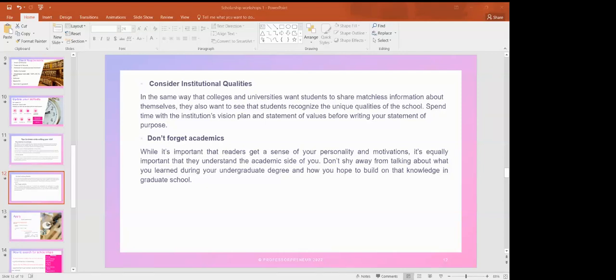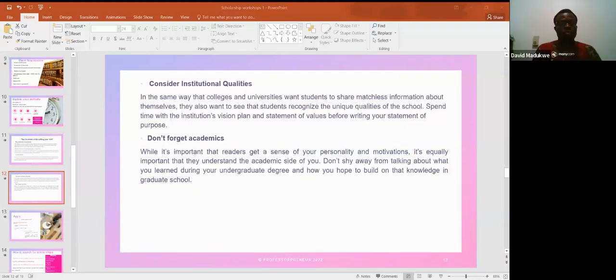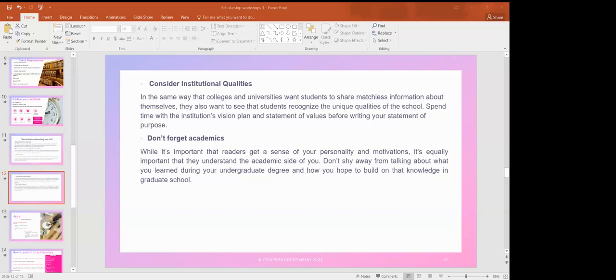It's also a lot of work for me, because I will need to check what they are doing, check the papers they've written, and try to align my own SOP to what they are doing so that it can fit in. Then I will also compare it with my previous experiences. Which area can I pick that can suit what they have done, so that they will know that at least I have an idea of what they have done.